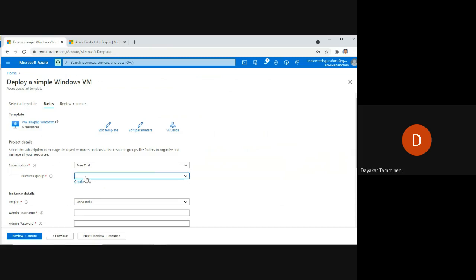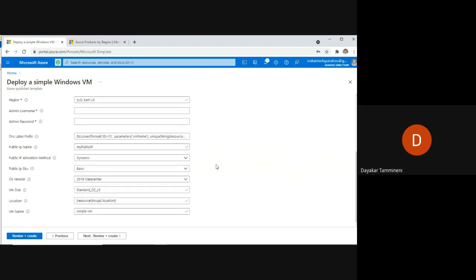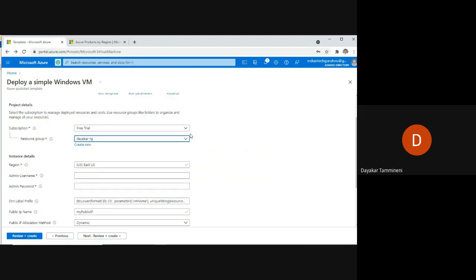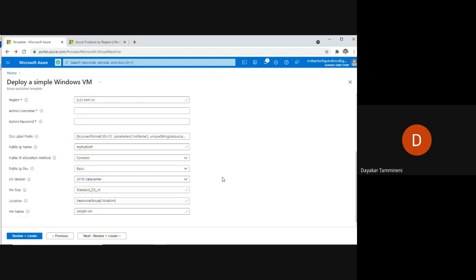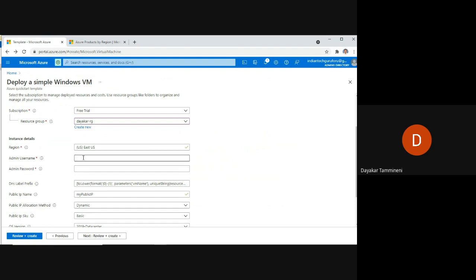So what is the resource group? I have already created the resource group, Dayakar RG, East US. Now I will give the admin username and password.